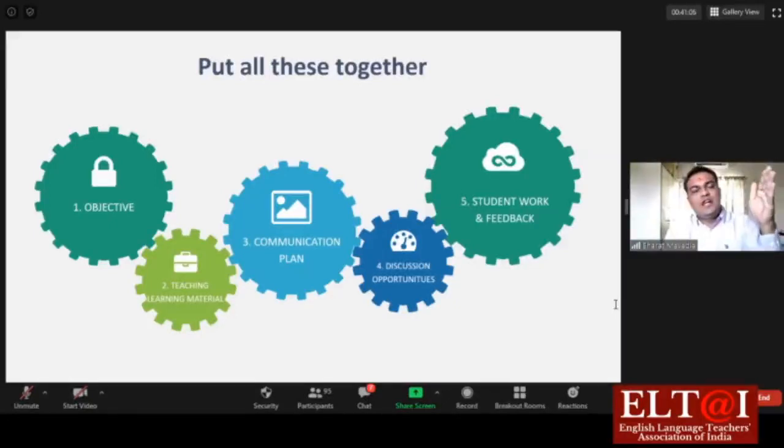The first question that we did was the objective of your lesson plan. The second question now becomes your teaching learning material. You can have n number of internet links on that. The communication plan that you put in place is how you will interact with the students. How students will interact amongst themselves is the discussion opportunities that we give, and the student feedback and assessment is the last part of it. Now that you have all put it in place,